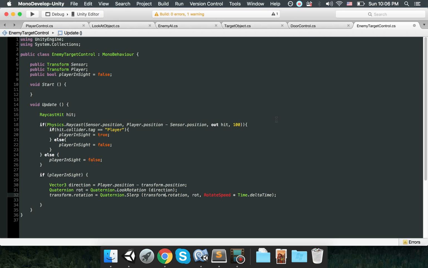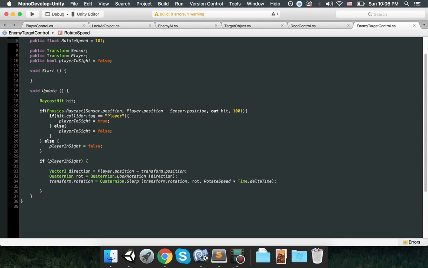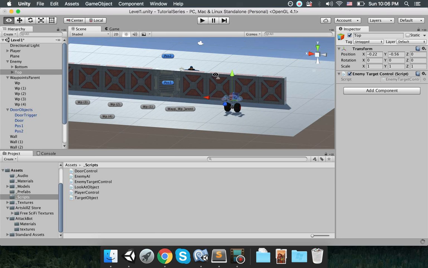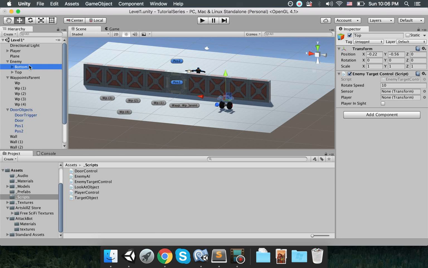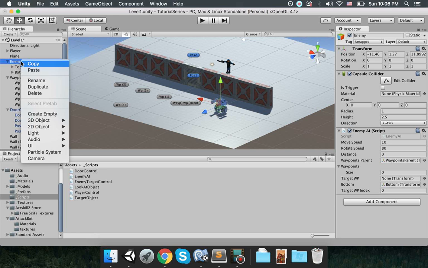Remember, this script is attached to the actual top part of the robot. Public float rotate speed. Okay. If the player is inside, robot is going to start looking at the player. So that's the goal. And then in the next video, we're going to be shooting at the player. So choose the top part of the robot, and let's drag and drop the player inside the player slot, and then right click the enemy, create